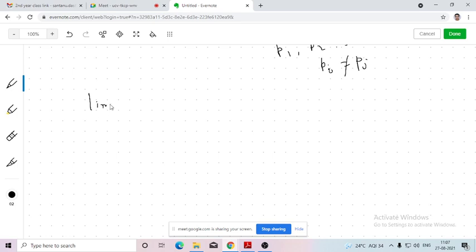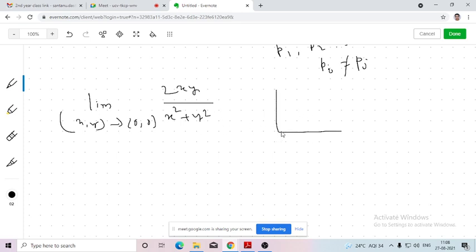So just I am giving one example. You have found out this limit in the first semester. So here the point is 0, 0. So you want to approach the point 0, 0 from an infinite number of directions like that. So if I want to show that the limit doesn't exist here, I need to check any two paths. Instead of choosing two arbitrary paths, I am checking the family of paths y equals to mx. So by y equals to mx, I am choosing an infinite number of straight lines which pass through the origin.